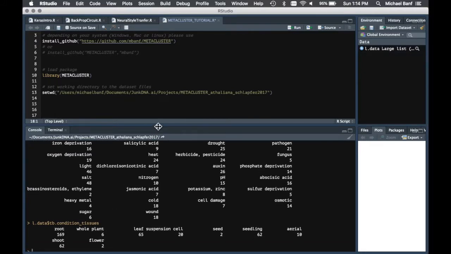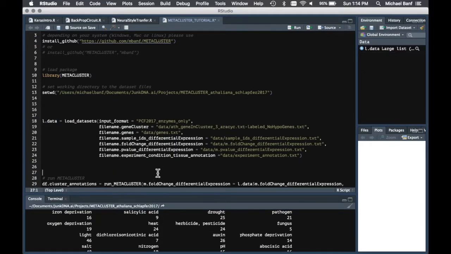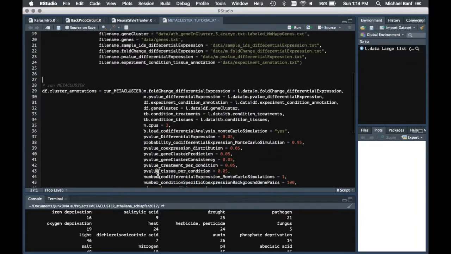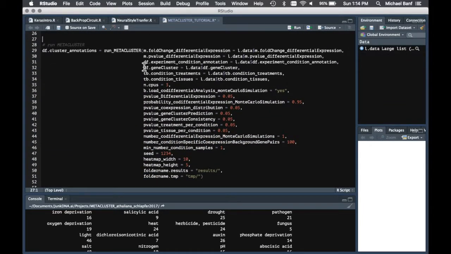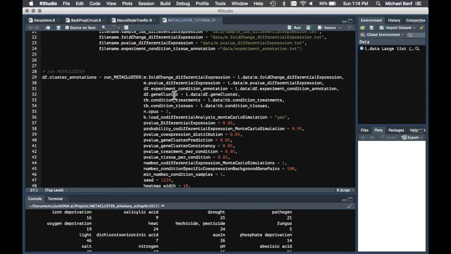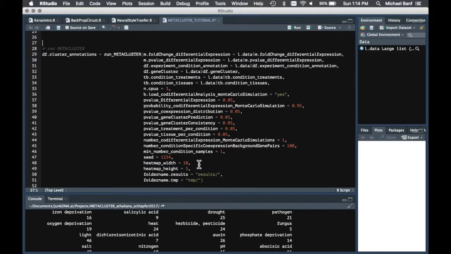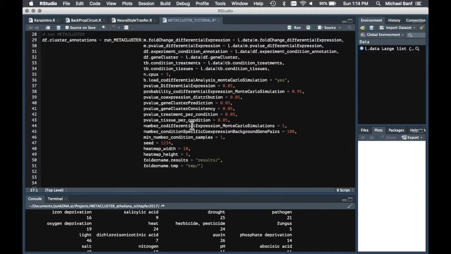Okay, so this is actually what comes from the load datasets function. Once we have this, we can then go over to execute the run metacluster function from the package, and that will do all the heavy lifting and compute our gene cluster definitions according to the algorithm as described in the paper. And there's a series of parameters